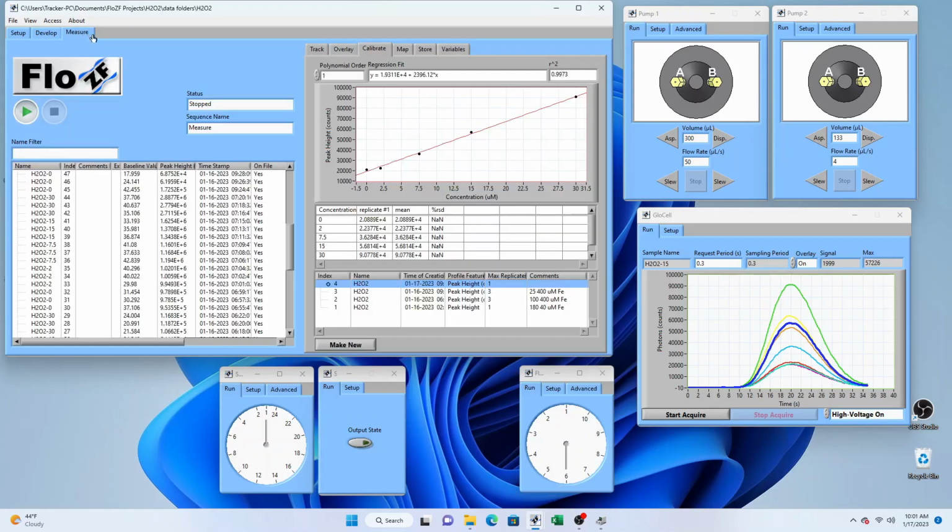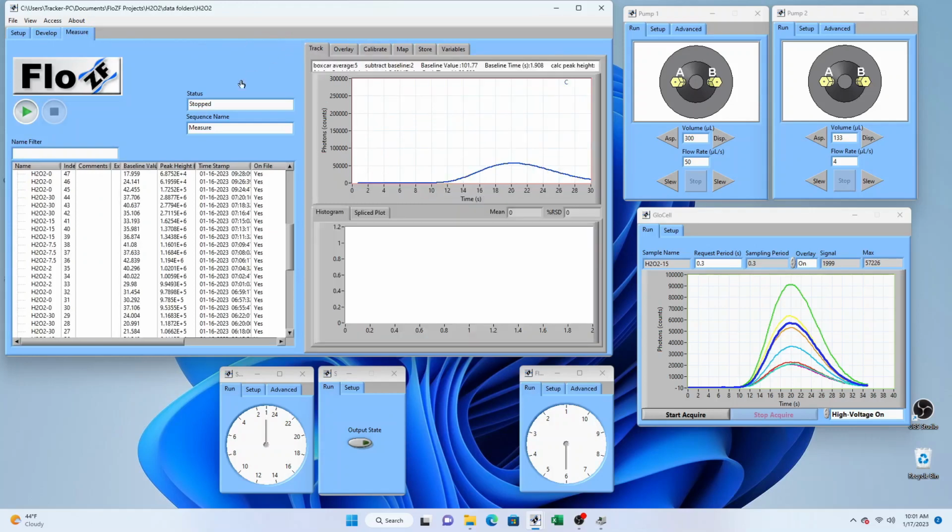The measure panel is where we do all of the data manipulation. On the measure panel, you have a results table which shows the results for each of the measurements that you have carried out. And then you have a series of data manipulation or visualization windows. The track window just allows you to have a look at any one of the measurements that you have done,